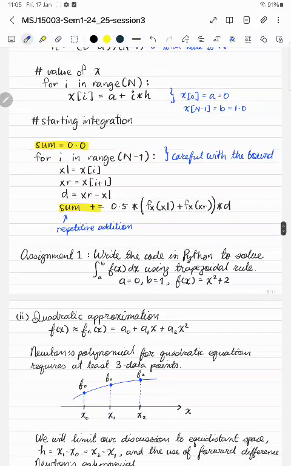So your first assignment for this chapter is to write the code in Python to solve a value of the integral f(x) dx using the trapezoidal rule, and the function will be x squared plus 2. Now my suggestion is for you to use ChatGPT. So I'm going to write it here. You may